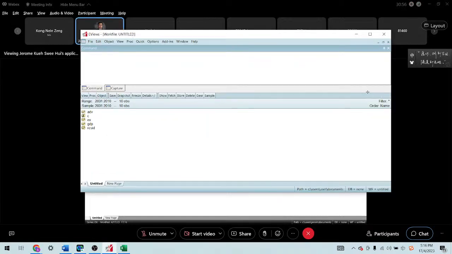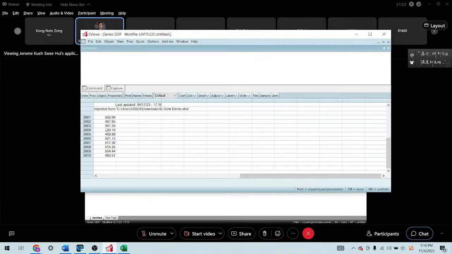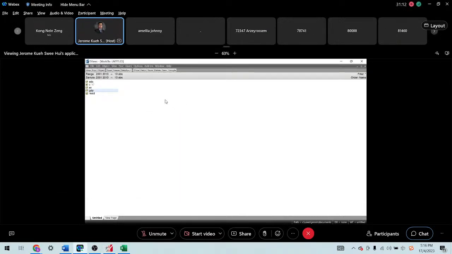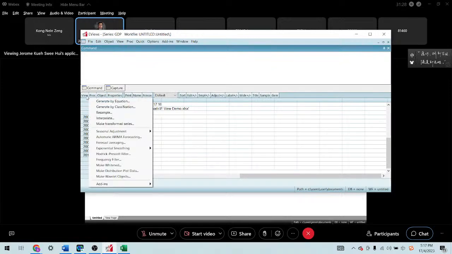So you want to look at it. Let's say the advertising, the GDP. Okay? You can see you can click GDP first, then you click the control button, you hold on to the control button, and then you use your mouse to click ADB. So the sequence will be from GDP first, and then the ADB second. So I repeat that, because you can select the variables based on the sequence. So this is how you can do it.